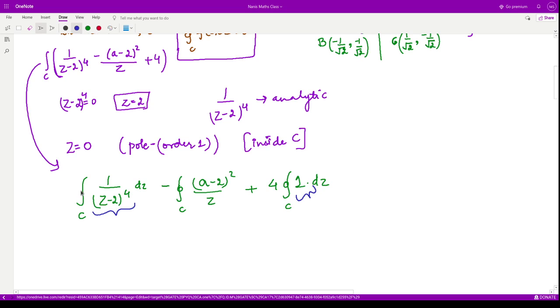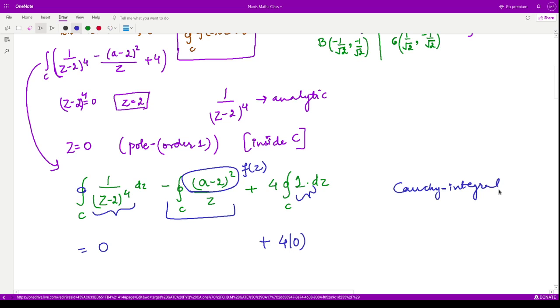So the integral over the closed curve C defined in the figure would be 0, and here also it would be 0. So we have to find the integral of this term. And what would that be? Here, if you suppose this function to be f of z, then using Cauchy's integral formula, it would be 2 pi iota multiplied by the value of the function evaluated at the problematic point z equal to 0.